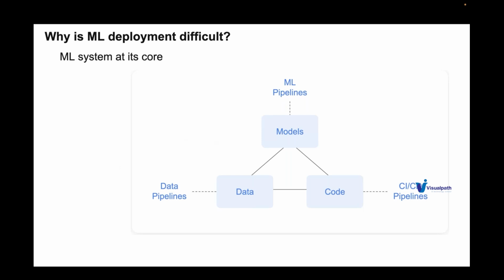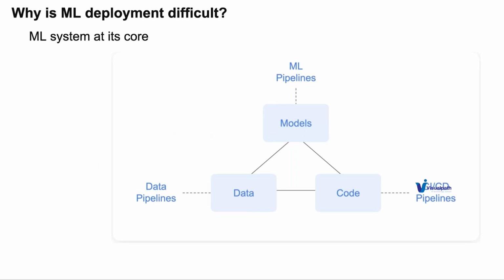So what happens when you do an ML deployment, and why is it difficult? Because in a normal application or web app, we have only the code part and a database part, where the database talks to the code. That's usually a two-tier architecture. We deploy the database, we deploy the code. But in our case,